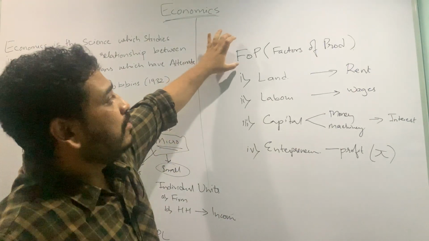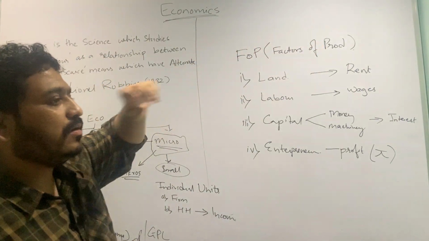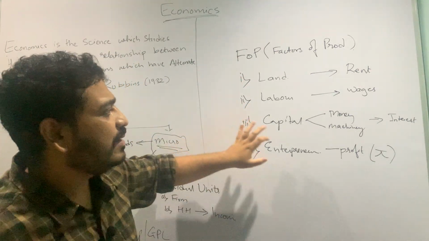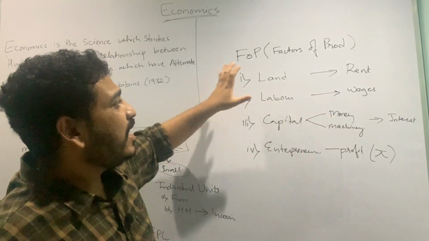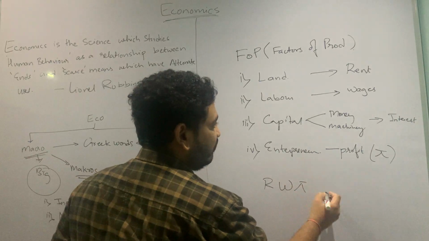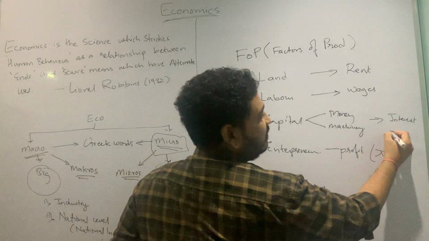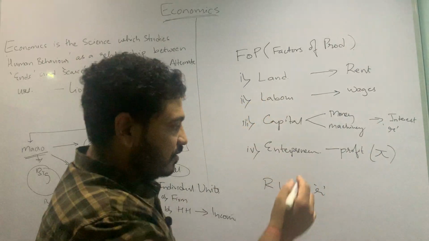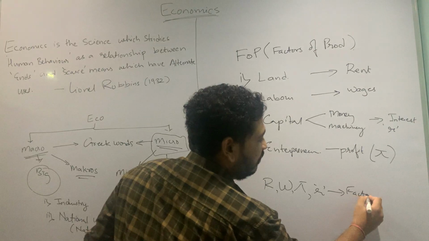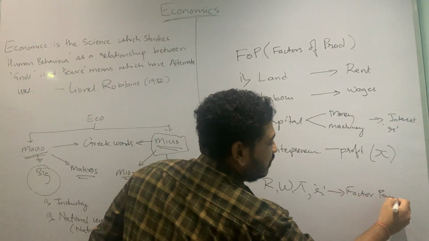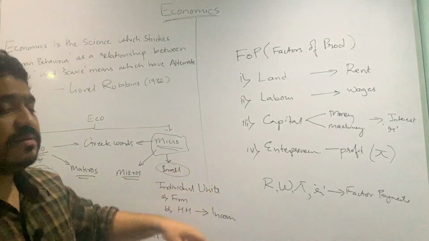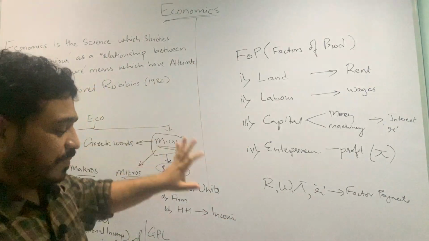So I hope the factors of production, which are very important for the process of production, are pretty much clear. They are land, labor, capital and entrepreneur. Capital can be both money as well as machinery. And there are rent, wages, profits and rate of interest. Rate of interest is always denoted by small letter r. All these are called factor payments or remunerations, whatever you like, they are synonymous. So I hope this is pretty much clear.